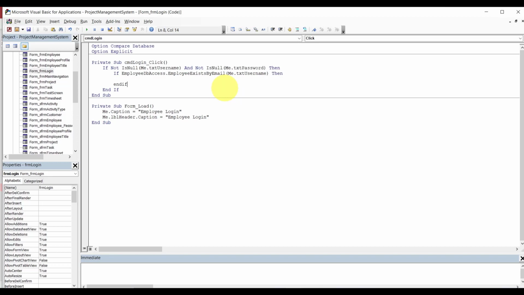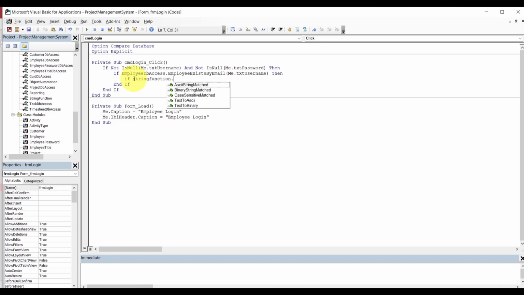Then you see there, and here we'll say if, what is that application that we use, huh? Is this a string match? String match. If string function, there you go,